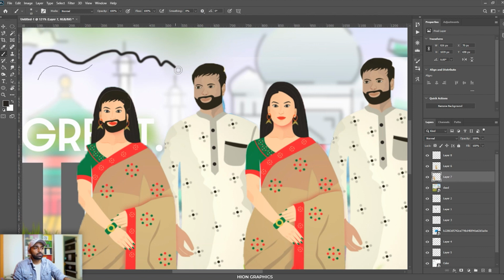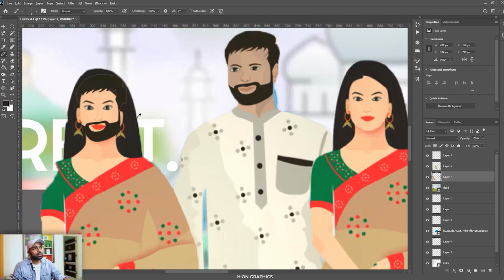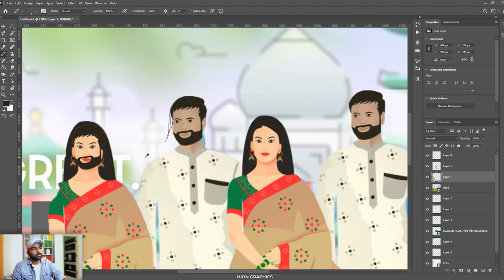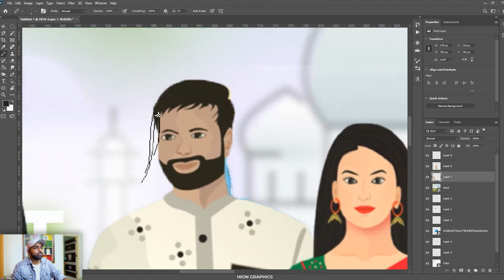But the smoothing in the case of the pencil tool is more, because usually the pencil tool is used for hair. Okay, now I'm not drawing the hairs properly, but still something I drew and I am okay with that.